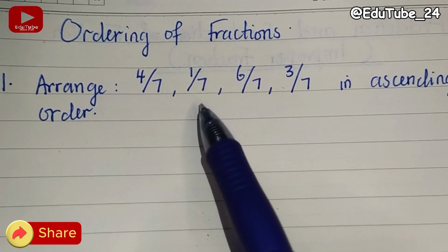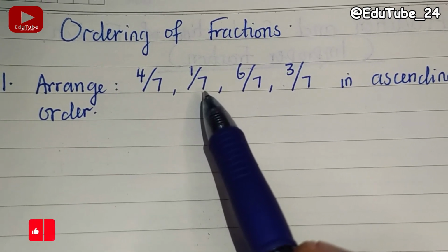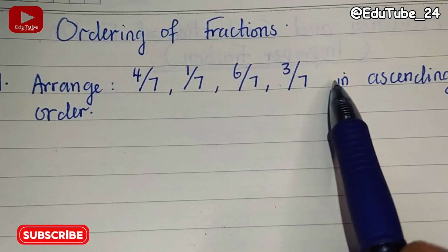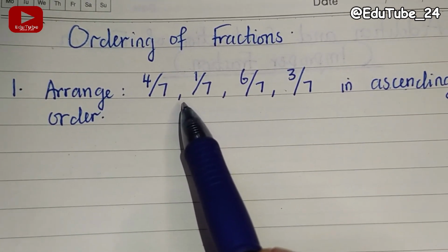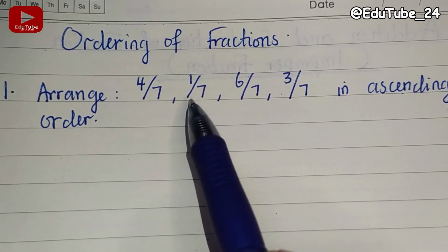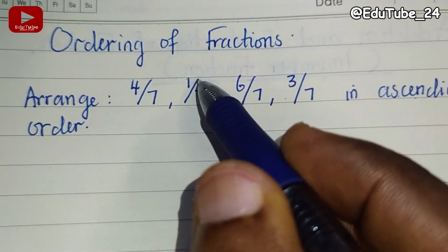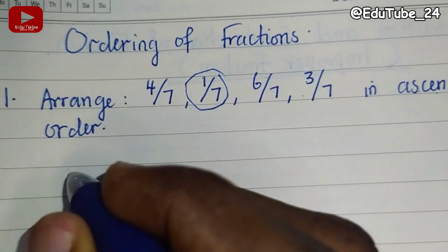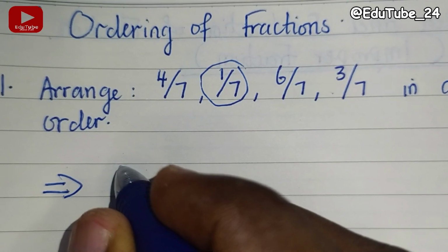So our focus will be on the numerator. So we are basically just going to arrange them according to their size from the smallest to the biggest as stated by the instruction in ascending order. Now if you look at the fractions, we will see that the fraction with the smallest numerator among them is 1 out of 7. So since we are arranging from the smallest to the biggest, our first fraction, our smallest fraction will be